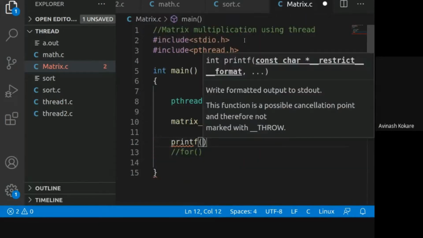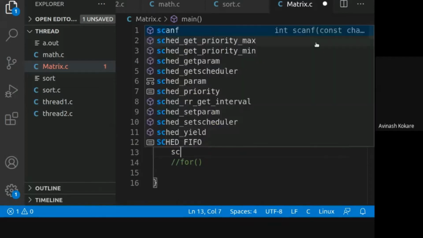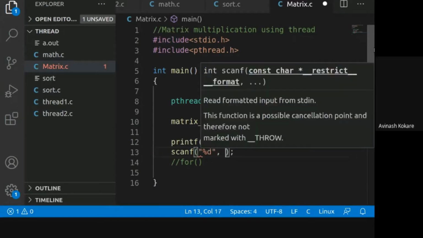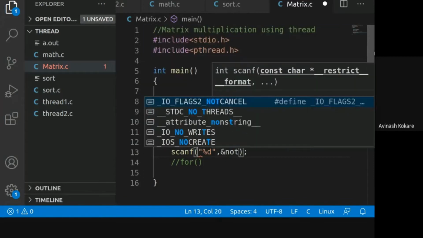printf, say, enter number of threads, and scan that value in some variable, say scanf %d comma, variable let us declare as number of threads, not.